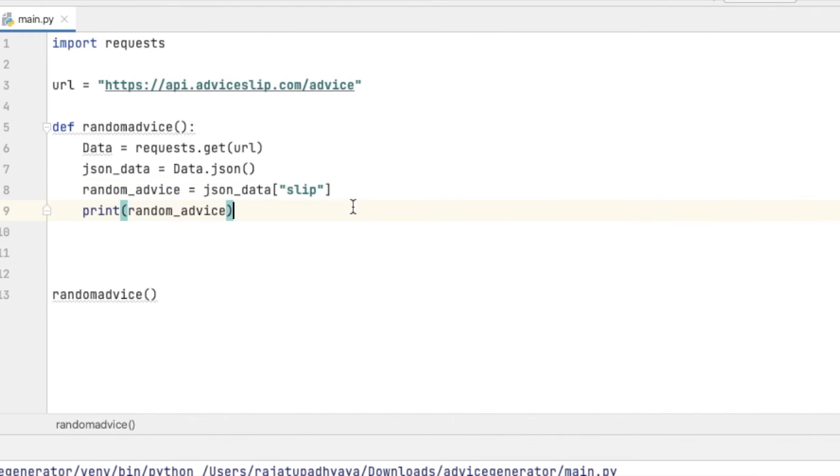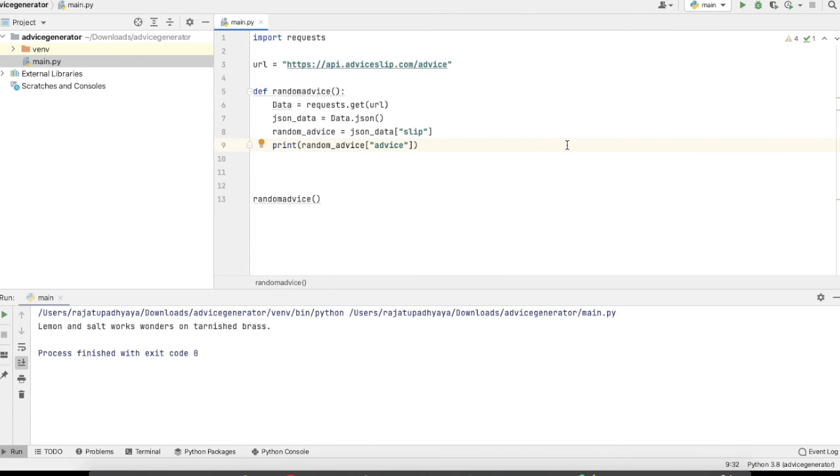So here we are just going to write advice and print this. You can see it is giving us one advice: lemon and salt works wonders on tarnished brass. We will run again and we will see new advice: value the people in your life. That is very great advice.